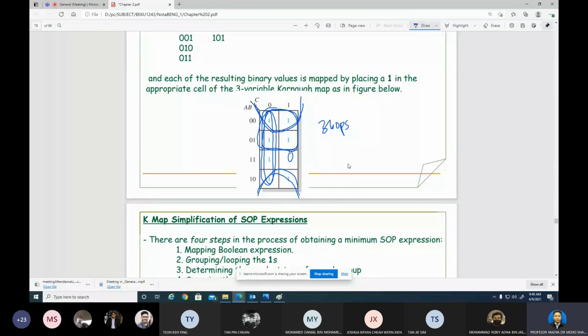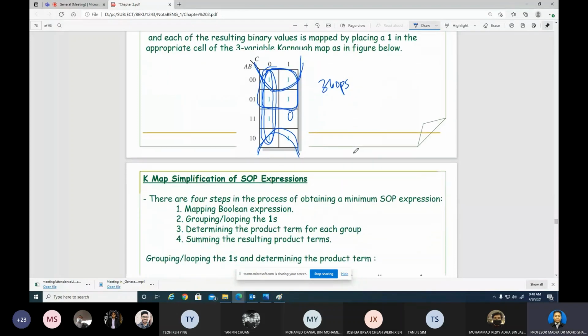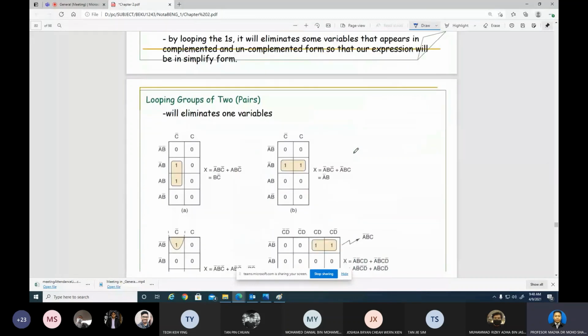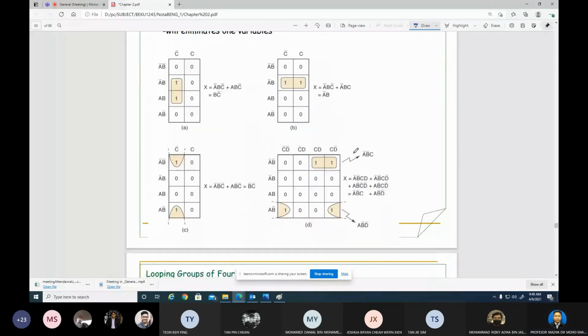So this 4 looping is not complete yet. We have the next step. So make sure you know how to loop, how to group. This is some example. We go for the example 0 0 1 1 1 0 1 0 0 0. As I mentioned to you,